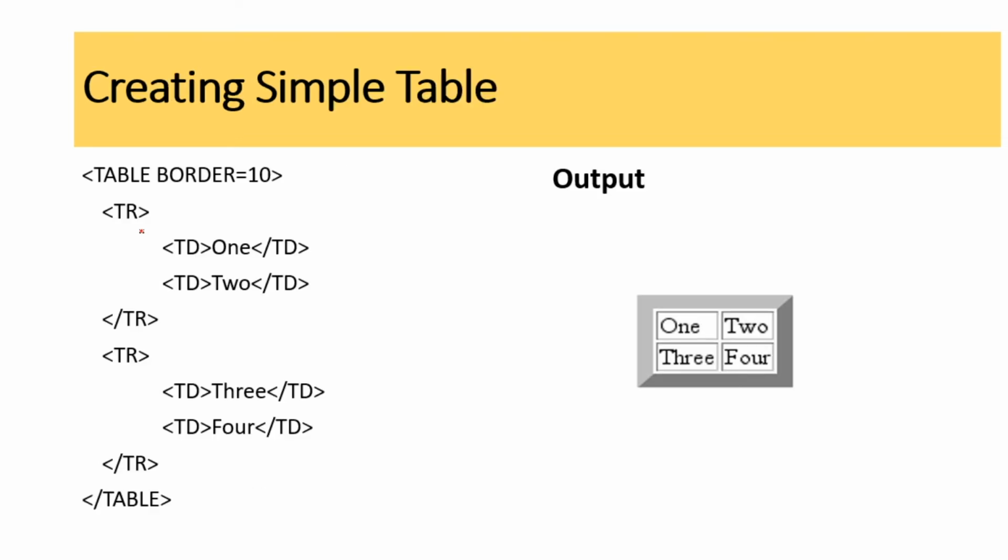HTML also helps us to create a table. For that we have a table with border, and TR is your table row and TD is your table data. If you want 4 rows, then you have to specify 4 TR, each followed by the end of TR. If I want more columns in it, you can give TD, so that gives you the column values associated with it. Okay, it has to end with the table end tag.